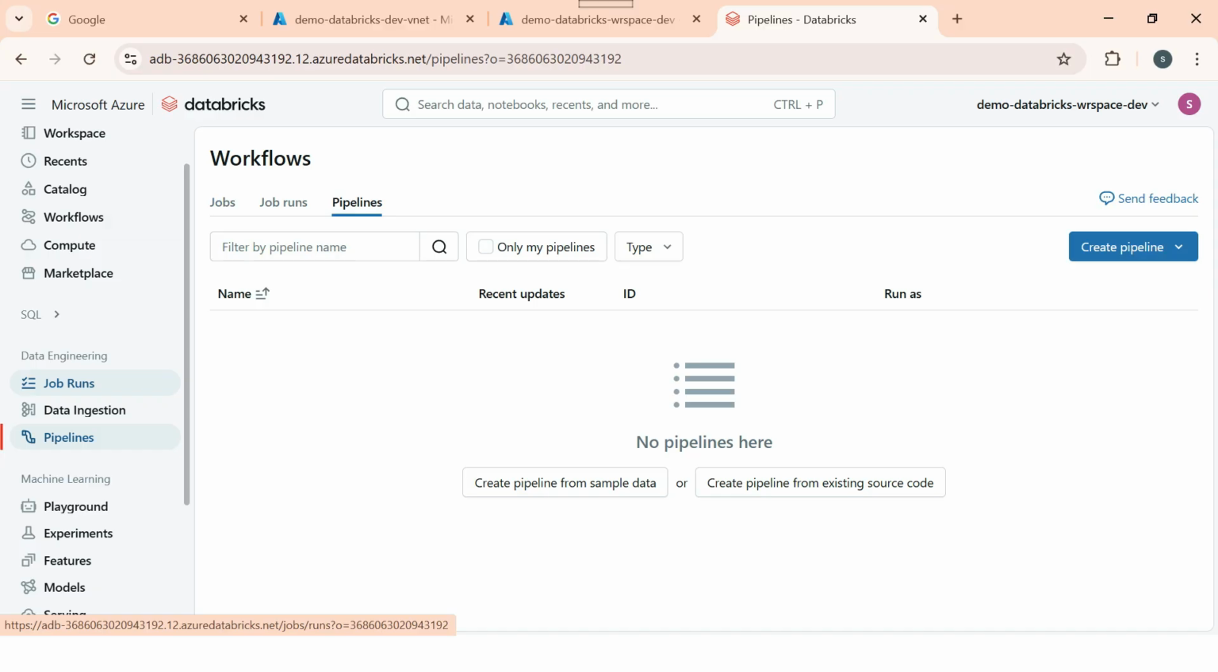So guys, that's it for this session, and we will see in the next session how to create some basic notebooks and access